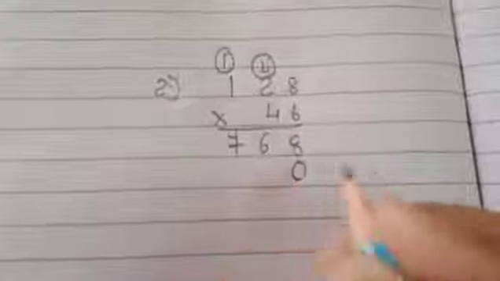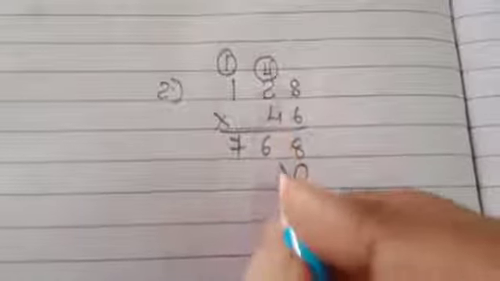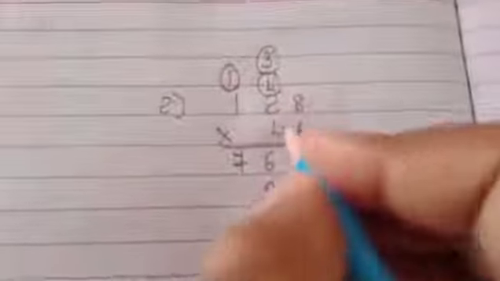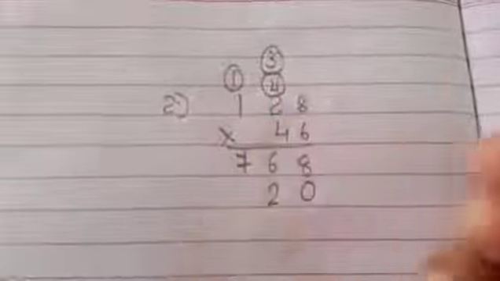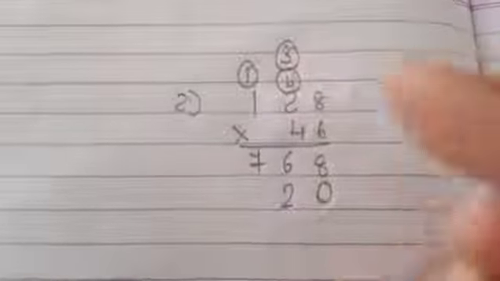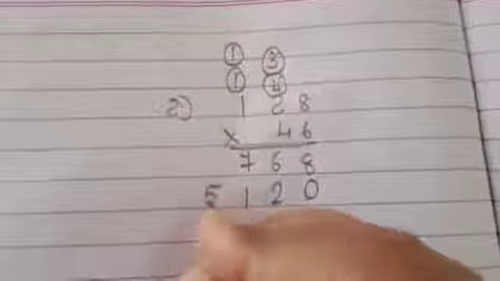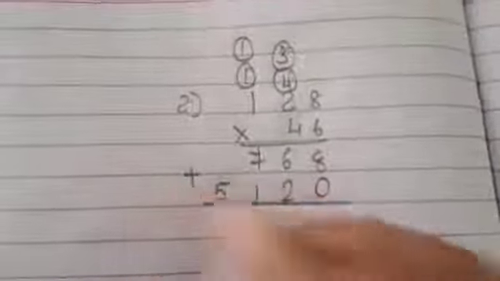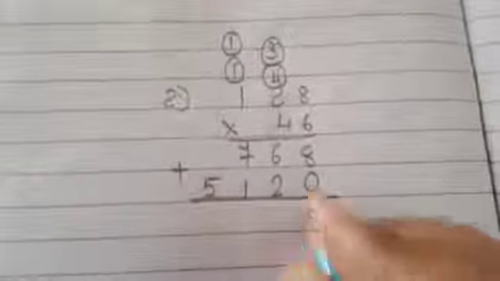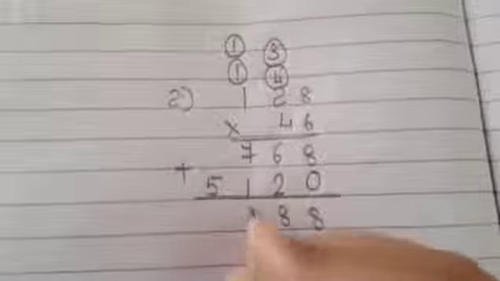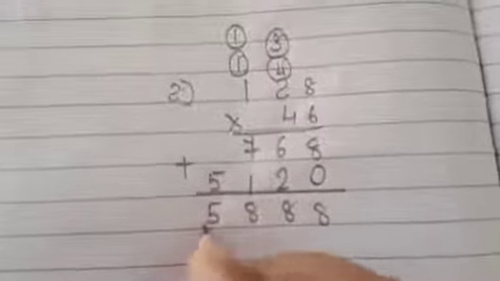Now we will multiply by 4. Before that we will write only 1 0. So 4 8s are 32. So 2 will be written down and 3 will be carried over. So 4 2s are 8. 8 plus 3 9 10 11. So 1 we will write down and another 1 will be carried over. 4 1s are 4. 4 plus 1 5. So here we have to add 8 plus 0 8. 6 plus 2 8. 7 plus 1 8 and this 5 will come down. So our answer is 5,888. Okay.